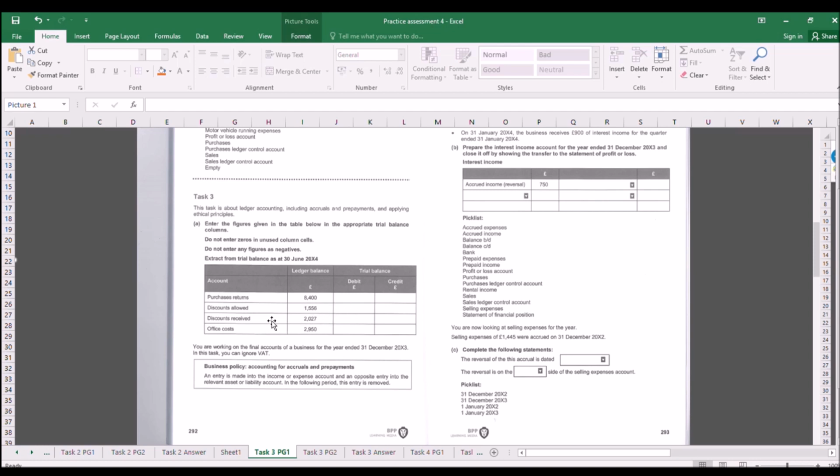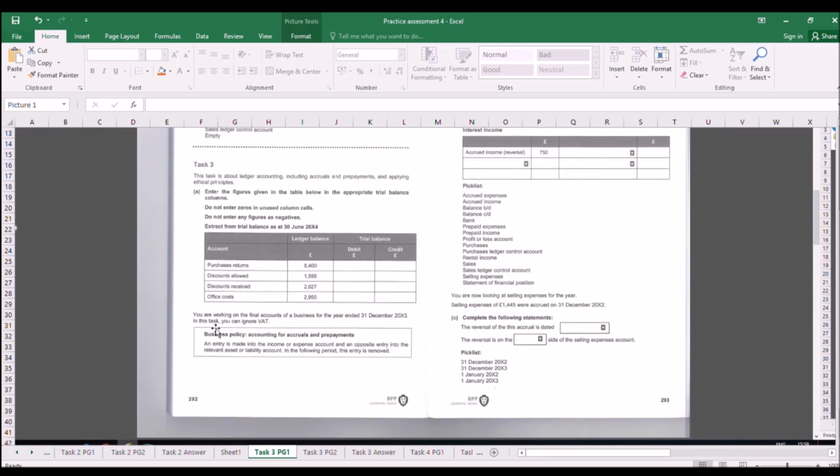Discounts received. So we've had a purchase, we've gone out and bought something, we received a provision for that. That would be a reduced expense, so it would be more available for the shareholders, so that would be a credit. And office costs, that's an expense. That's less money available for the shareholders, so less money that can go out to the shareholders, and so that would be a debit. Right, okay. So that one there, so what we're seeing then is credit, debit,